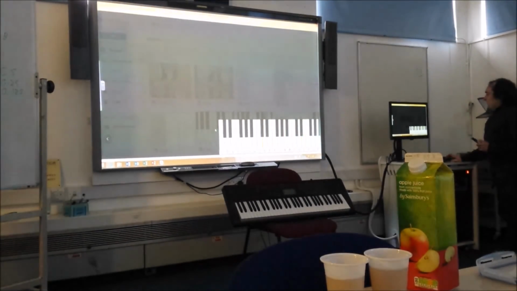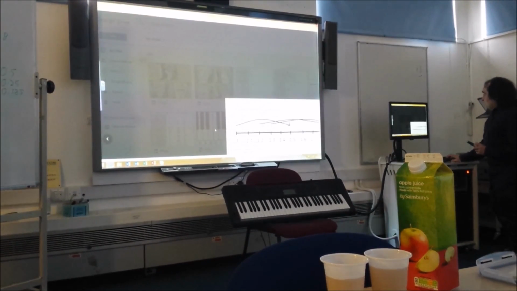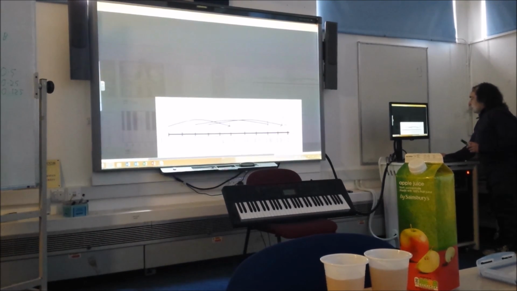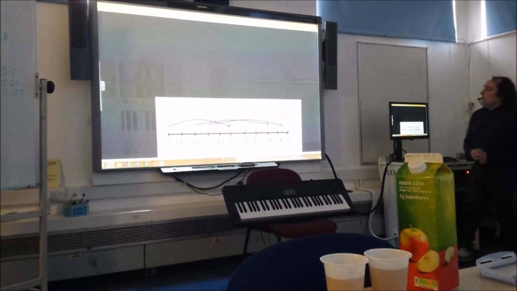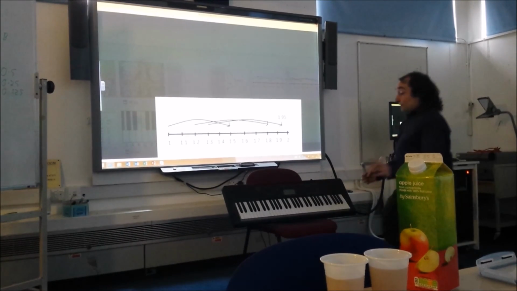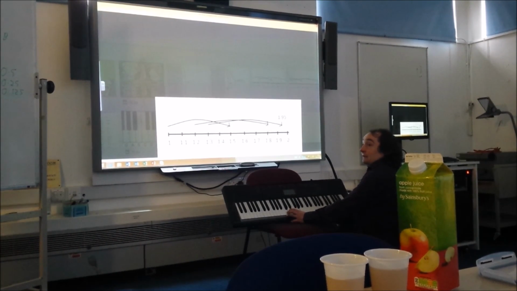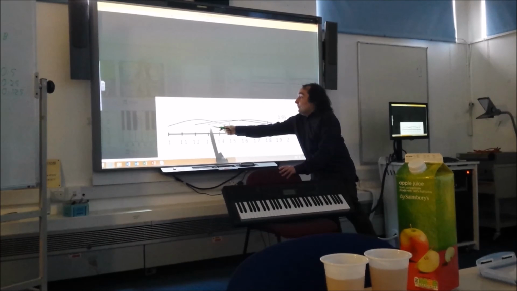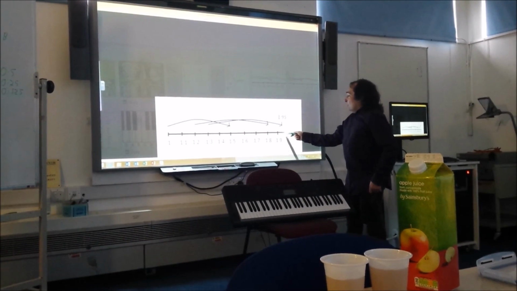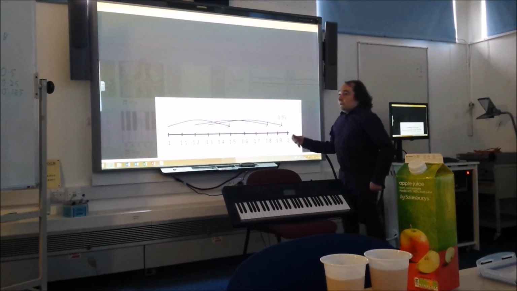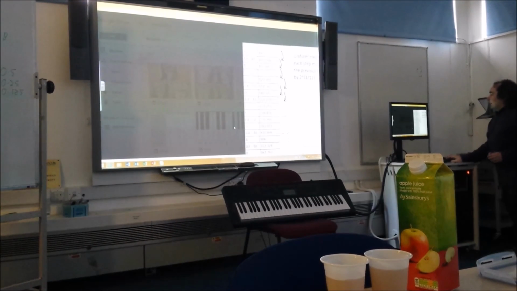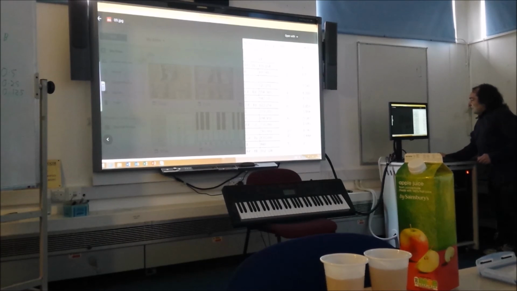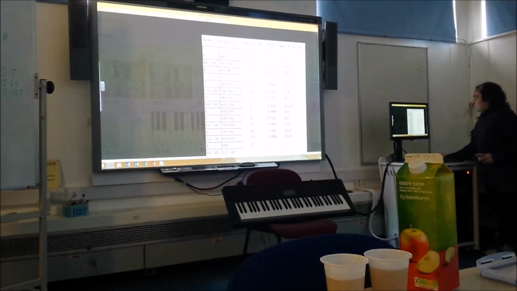The reason is that if we did have exact ones instead, then it wouldn't quite match up. It would work fine if you were always starting from here, but we've got a bunch of notes on the keyboard. Sometimes we want to start from a different place. So if we were starting instead from this fourth note here, we multiply by 1.5, you end up wanting to play something that's in between two notes. So that's why we have to fudge it a little bit and go for these ones which are extremely close to the fractions we want.